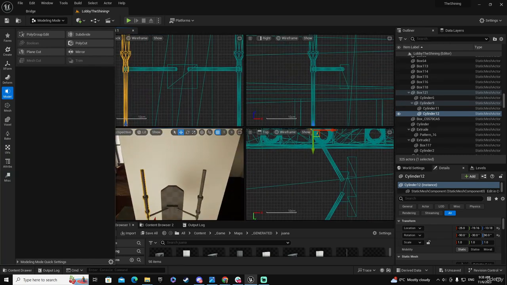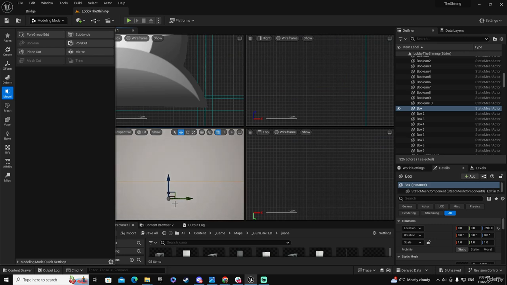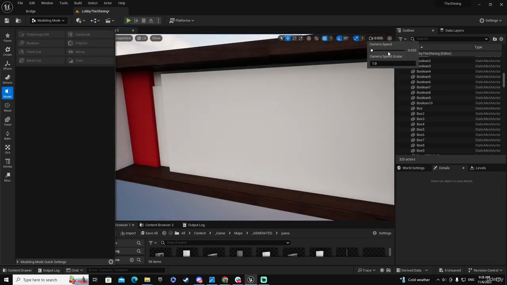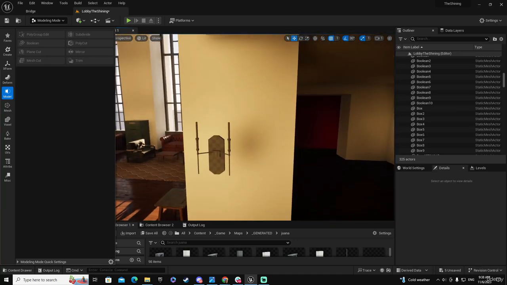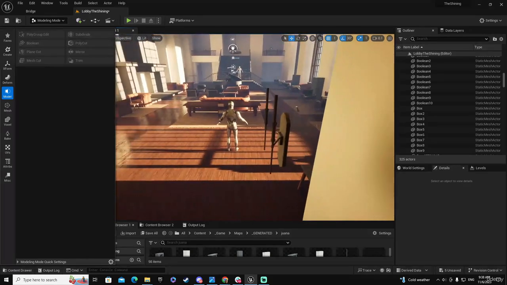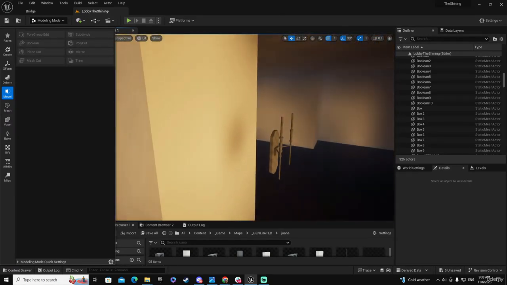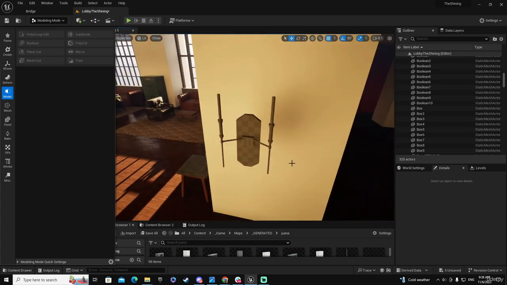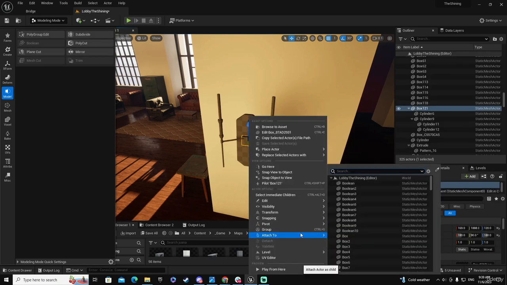Back to this perspective. Let me not select anything. Camera faster, please. Excellent. Now I think this is looking really, really good. So this is the entire object that I created. Let me stick it to the wall. Let me check that everything is in reference to this one. So this one, okay, I'm going to attach to